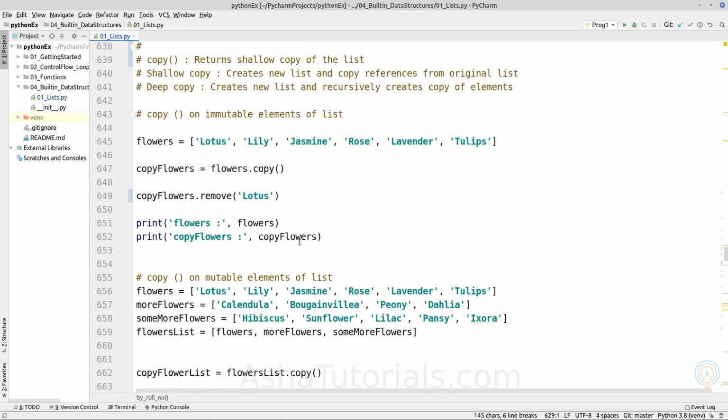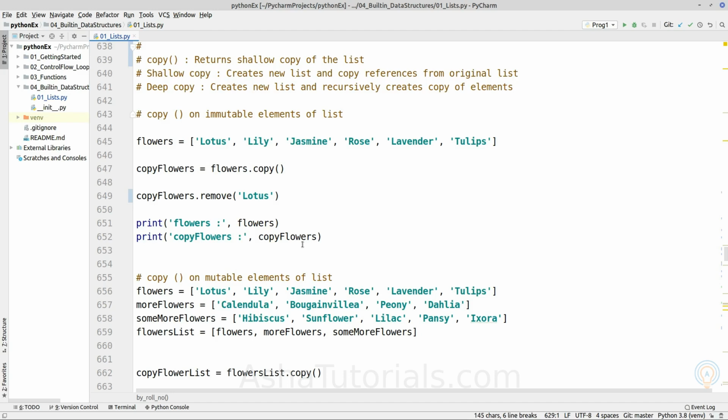Next function is the copy function, which returns a shallow copy of a given list. So what is a shallow copy? By copying, we are creating a new list object which will just copy the references from the original list.